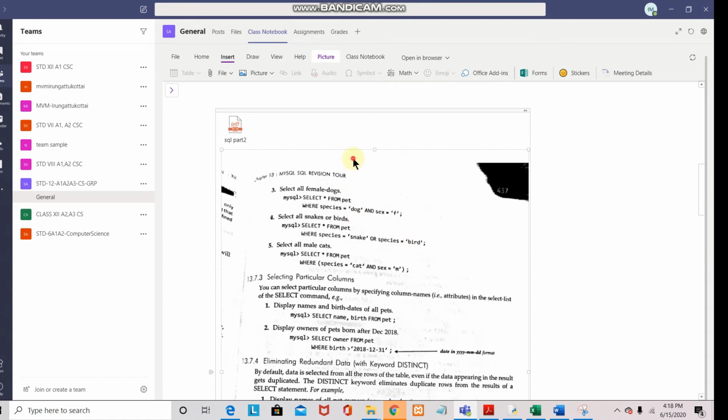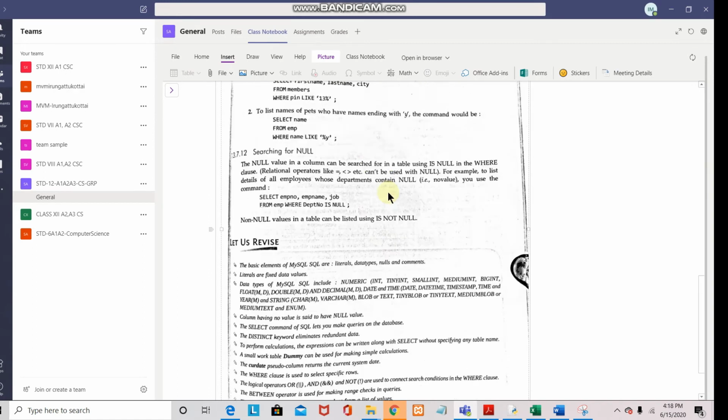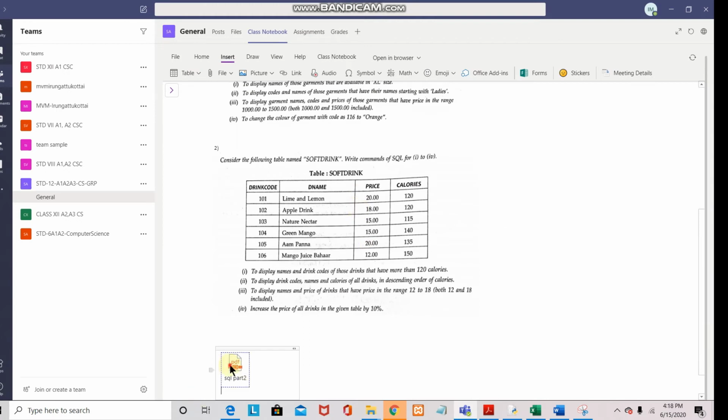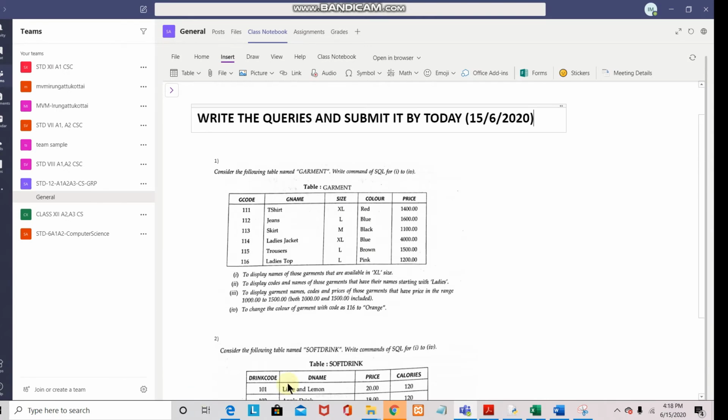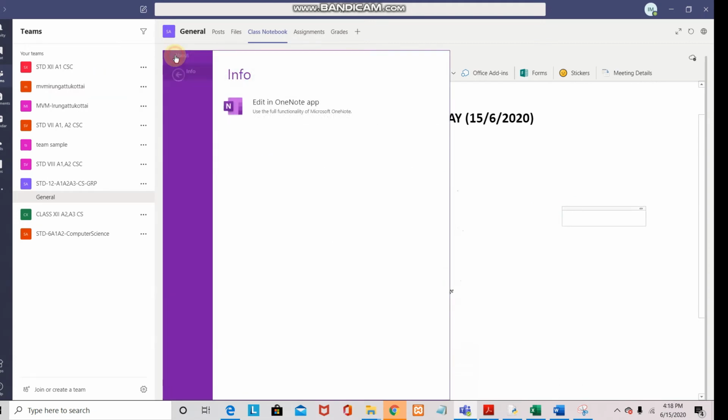One by one, each and every page will get deleted if you are continuously pressing the delete key. So I do not want this question to be given. I'm just showing it for you to understand. So this is the question I wanted to post. I have completed my task of setting the question paper.